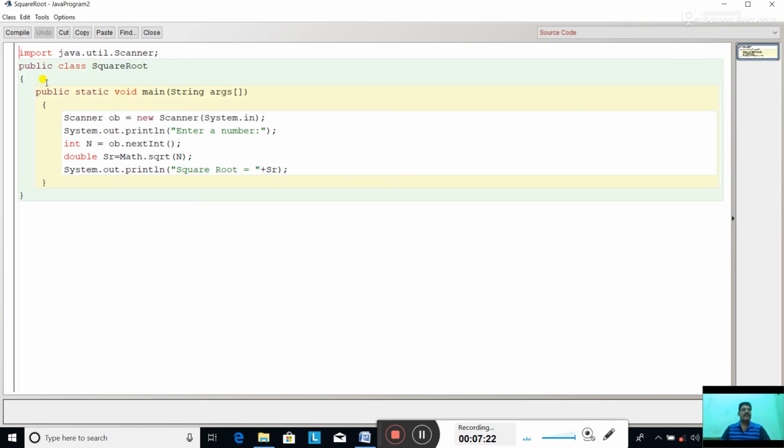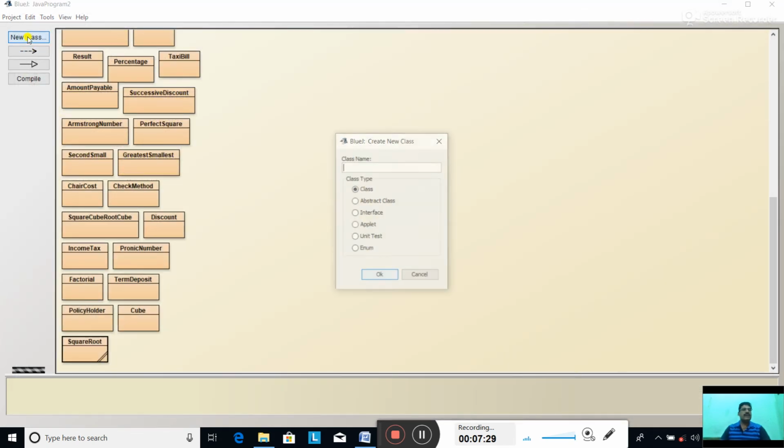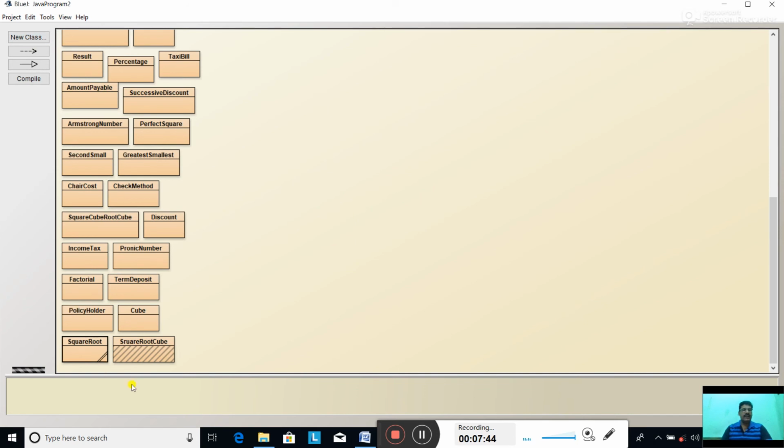Yes, we can copy some lines from the last program, so no need to type again. New class, SquareRootCube. Class name SquareRootCube created.